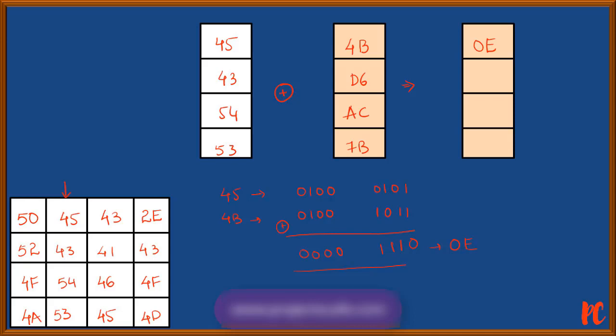Similarly, now we are going to talk with respect to the second element of the key, performing an XOR operation with the second element of the subkey. This would result in 95. Similarly, with respect to the third column and third element here too, the XOR operation would result in F8. Finally, the last column, performing the XOR operation with the last column of this will result in 28. Now this will become the second column of the subkey.